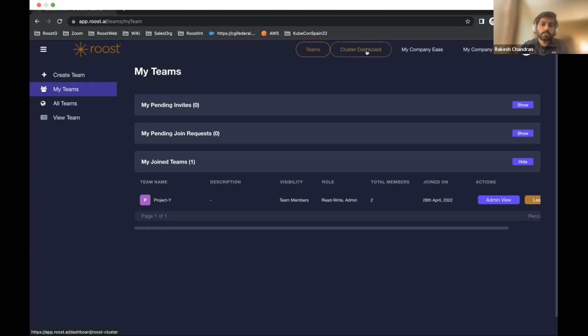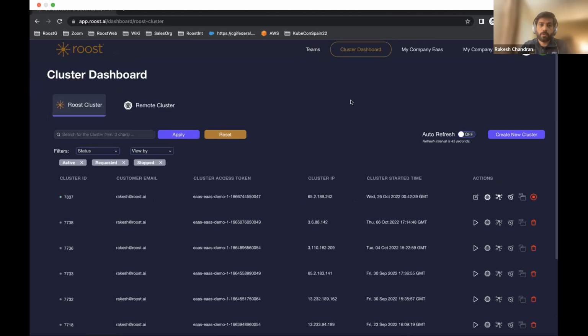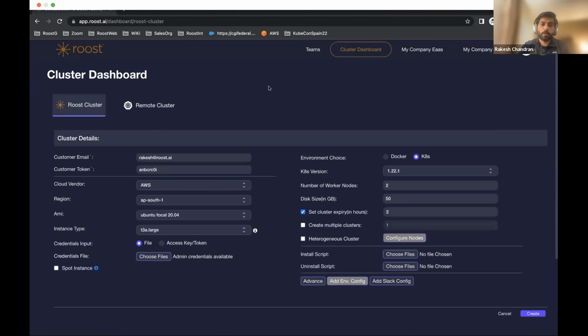The other is the cluster dashboard. We provide bespoke Kubernetes clusters. There are 2 aspects of it. You can create your own cluster, and we support all 3 clouds: AWS, GCP, and Azure. Here, you can specify the AMI and the instance type, the spot instances, and the Kubernetes version.